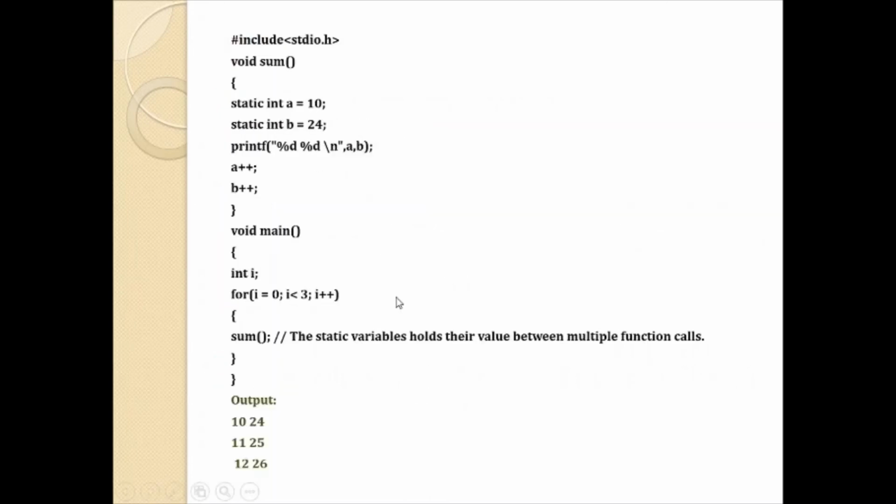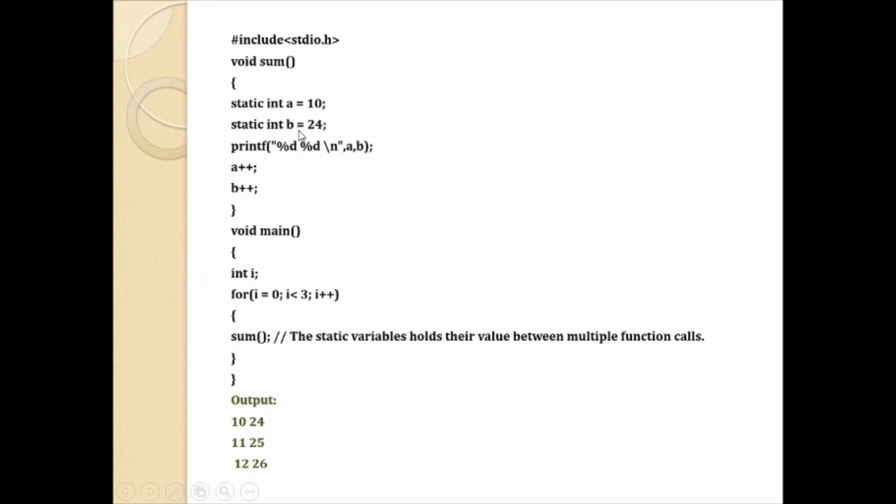We'll see an example. Here we have one function sum and, as usual, the main function. Here we have taken one variable i and a for loop making use of i. The initial value of i is 0, and the loop runs while i is less than 3. Then it is going to call the function sum.